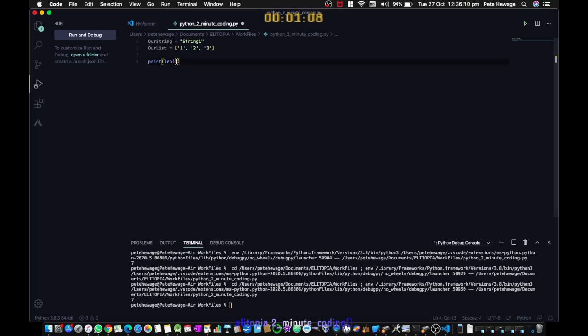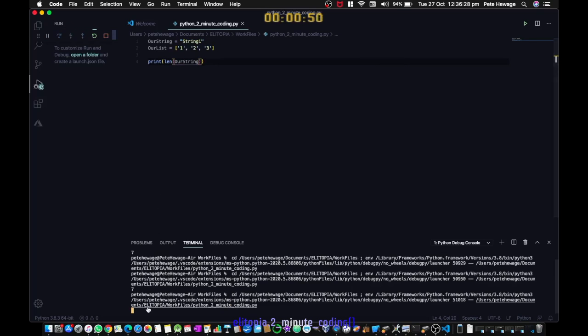So if you leave it like that, it's not going to do anything because it's a function, and you know that functions have to have some parameters within their brackets, which is how we're using the print function. We're putting what we want to print inside the parenthesis. So say we want to find the length of our string, let's type in our string. Now when we run this, you will see